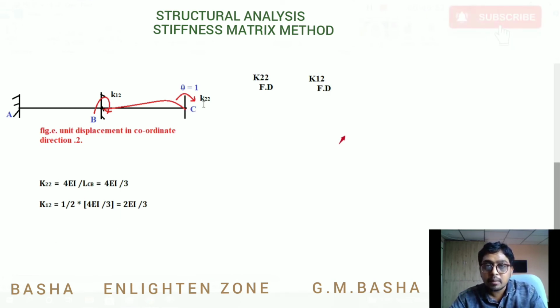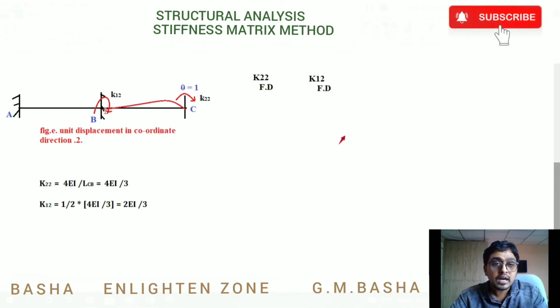See here, we are applying unit displacement at C, at the second coordinate position where we are selecting that one. Then structure B will be fixed. You won't get any slope or displacement here. Whenever you apply movement here, based on this movement you will get a displacement of the structure, a displacement on a beam like this. Whatever movement is obtained here, you just carry half of the movement to its other end. Otherwise, you can simplify according to the equation I showed previously.